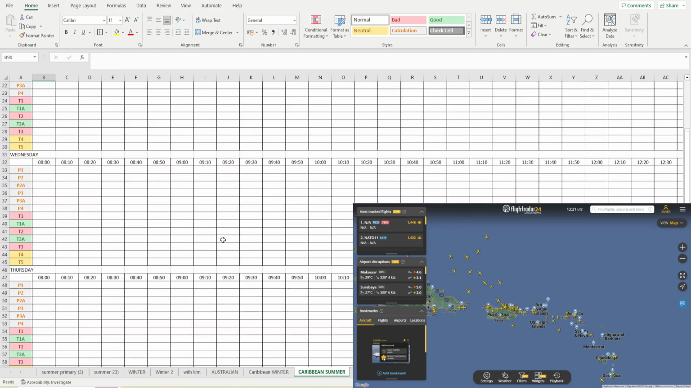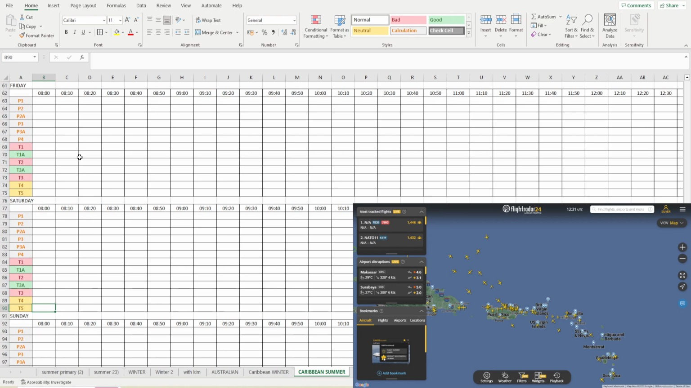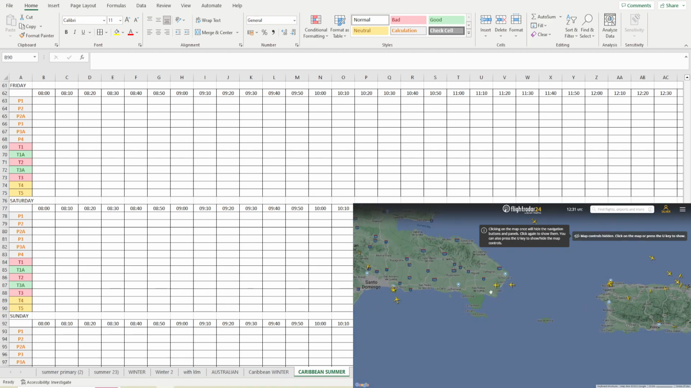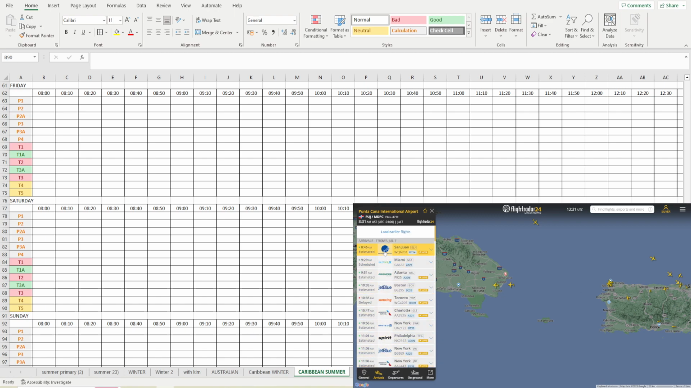So, let's get started. Today, it is recording on Friday. So, the airport opens at 8 o'clock and closes at midnight. So, we go over here to Flight Radar. I'm going to start off, I'm going to choose Punta Cana. If I go to arrivals,